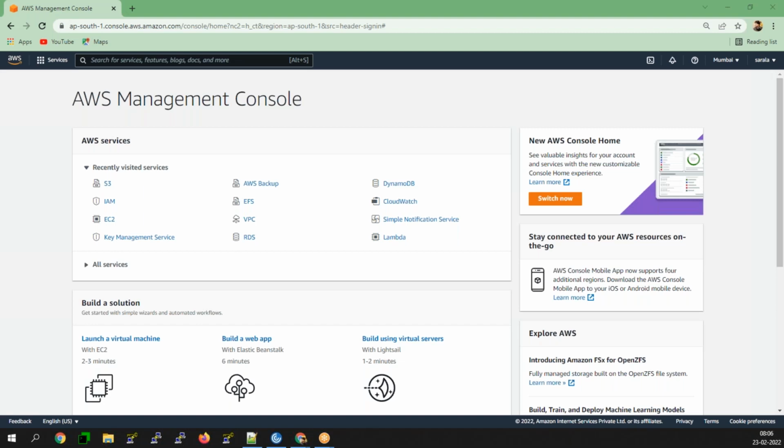Whereas IAM provides the authentication and authorization for your AWS resources in two areas. One is management console access, where you provide the username and the password. The second is through the CLI, the command line interface, which is nothing but programmatic access. This is what it is. Am I clear on this? Yes, thank you.